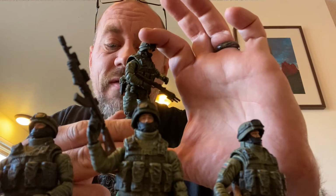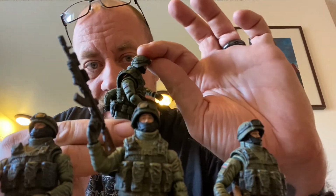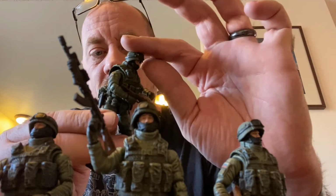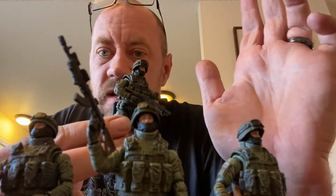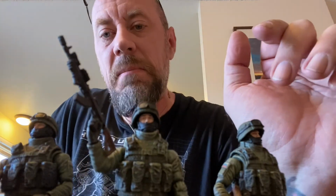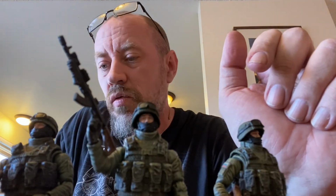You know, I should do a video on that. Because all you need to do is soften up the plastic, take the helmet apart off the head, Dremel out the helmet to smooth it out, fill in whatever hole is in the head with some sculpting stuff, let that set, paint it, you're good to go. So very simple customizing mod, which would make it even more functional. Like I said, I'm a little disappointed that it's not a functional helmet, but then again, if you're a customizer and want to have some fun customizing these guys, it's a simple mod with very little